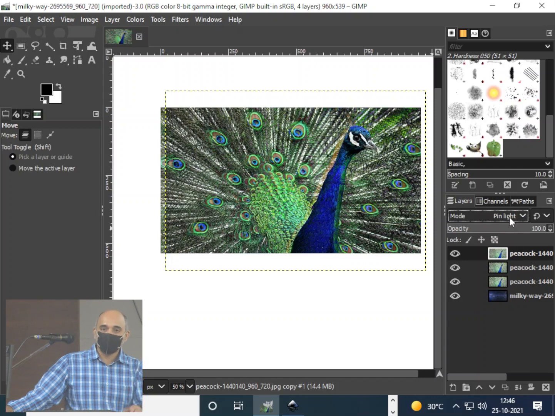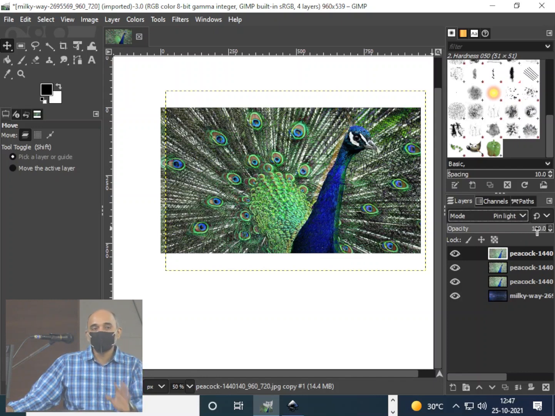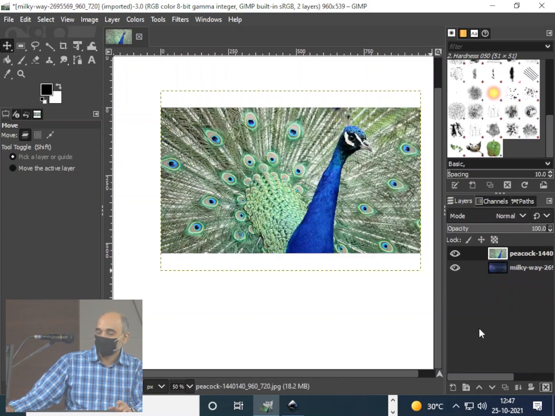I can add one more layer. Yeah, if they are different images, then also it will be different, because now the value of A is different, B is different, C is different, D is different. So you can blend 4 layers, you can blend 5 layers. It's basic mathematics. Just remove this. Okay, so that's how you can play around with these blend modes.